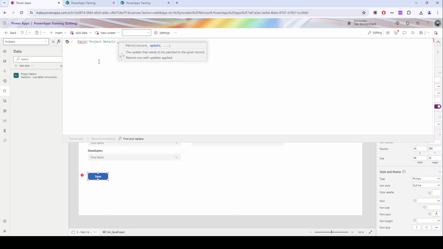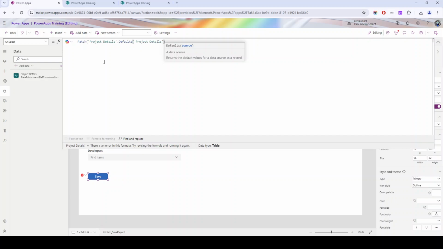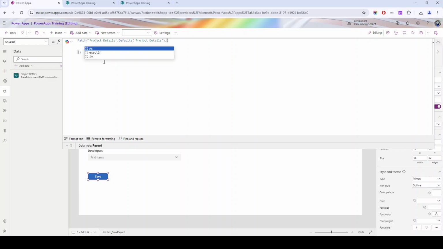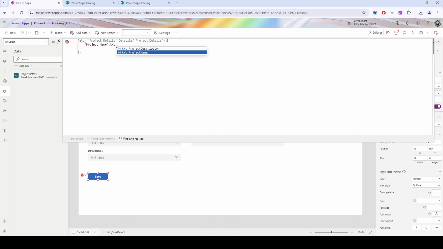Then we have the second parameter, like if you are creating a new record or updating an existing one. So we are creating a new record, that's why we are going to use Defaults, and then project details, and then we have to pass all the columns. So let's say I have project name. These columns are from the SharePoint, and we give a colon, and then we are going to pass the project name as text project name dot